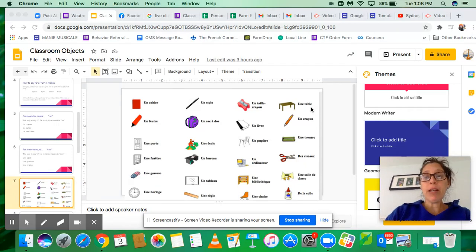But things are different now. So we're just going to be working on them for a couple of days. So your goal is not to memorize them all and to know how to spell them and remember which ones are masculine or feminine. Your goal is to get the general idea of the classroom objects, maybe recognize a few, become a little familiar with them, and kind of understand the concept of un or une, meaning the word a before a word. Okay, so